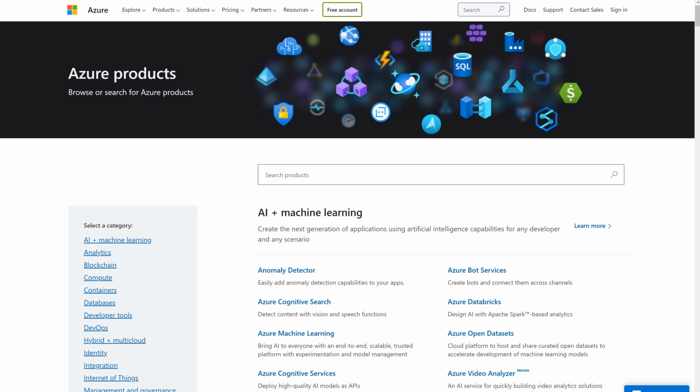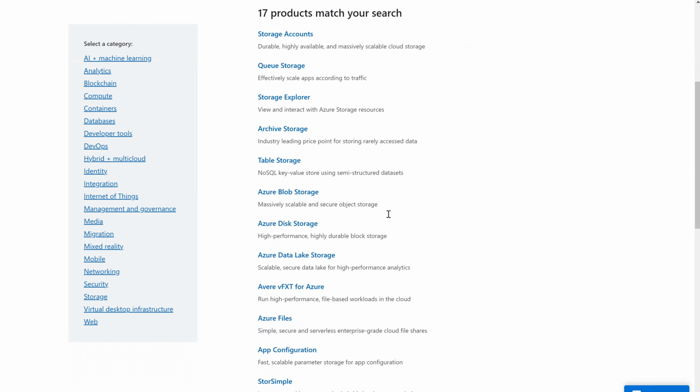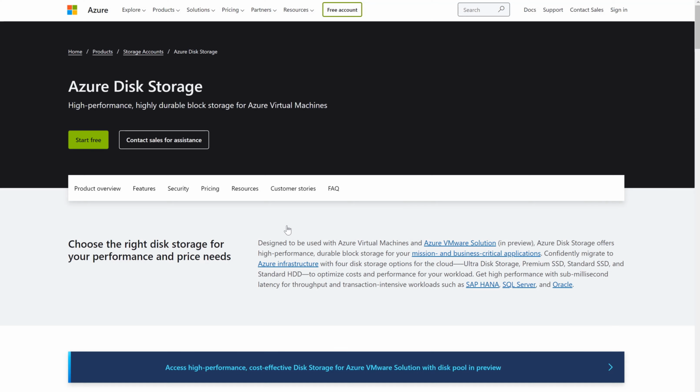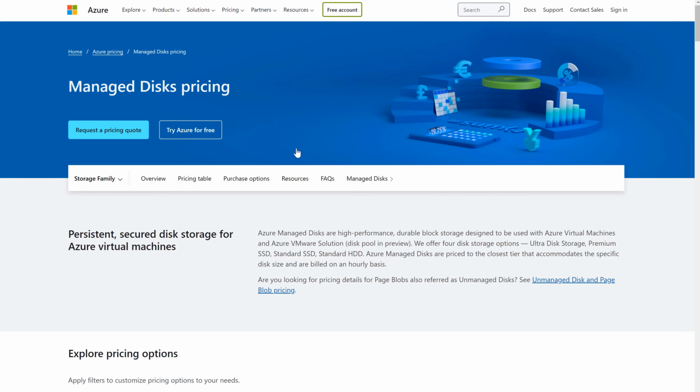Now we're going to jump over to the Azure homepage where you can review all Azure services available and see the details on how they're priced. We're going to search for storage, and we'll see quite a few options come up for Azure storage, but we're going to drill into Azure disk storage. There's a few options you can choose from and get some background information on disk storage, but we're going to go straight to pricing. And then we're going to click on this storage pricing button here,